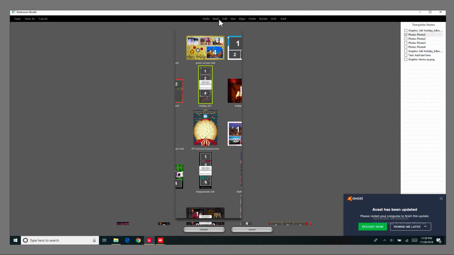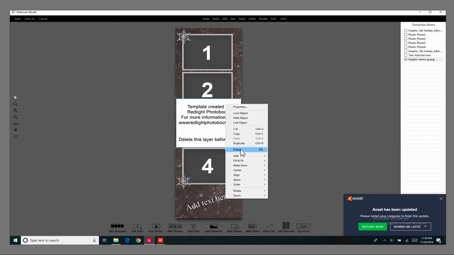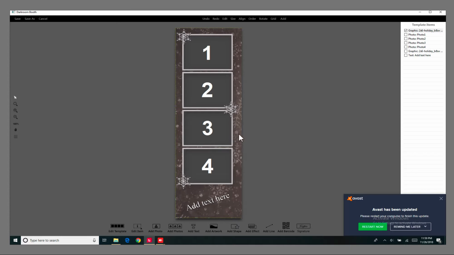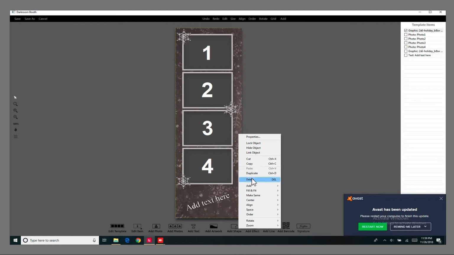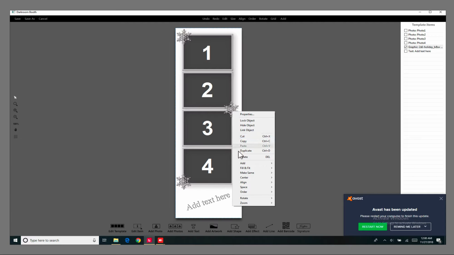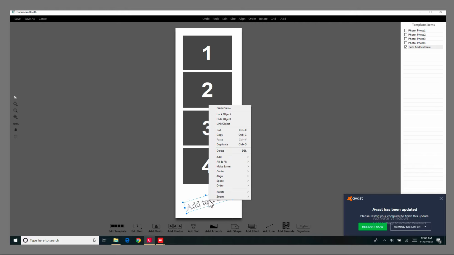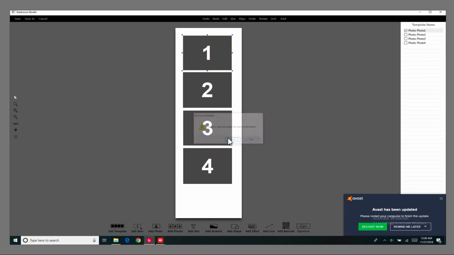I'm going to edit. And I'll just delete this stuff here. So even this too, get rid of that. And these look pretty good. They're all already individual. That's what I like to use. I like to use individual boxes. And so next thing I'm going to do is go to add artwork,